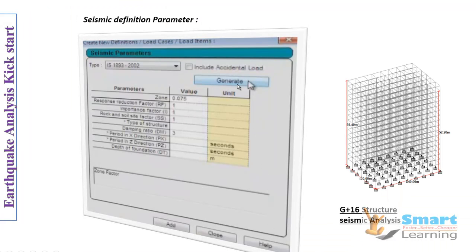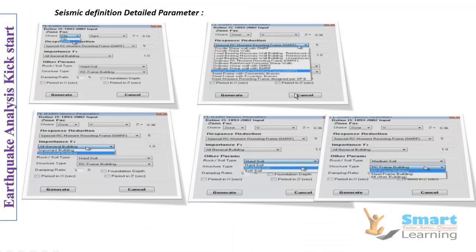After clicking generate, you will get 5 different configuration dialog boxes. One is with the city or the present location, or if you know the seismic zone, you can configure that. Next is the response reduction, that means the type of frame structure which you use, the special purpose RCC frame structure.